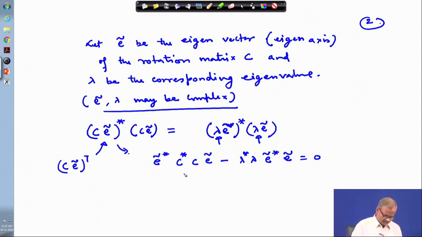Okay. So, if this is a rotation matrix, so we must have this equal to I. If a rotation matrix, this is C,